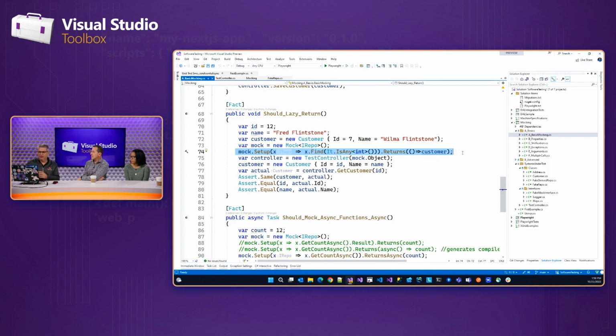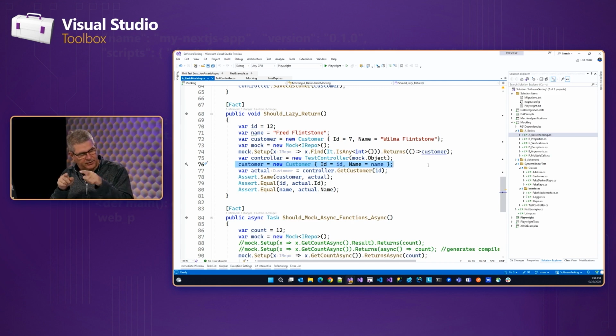So I want to say, hey, I'm going to return this customer, and then it has to be created. So I've created a customer here, but you see here I'm updating the customer, right? And so I have this placeholder on the proxy, but now I'm saying, you know what? That placeholder pointed over here to this other object on the heap, or they changed the values. And then when we call that get customer, which then calls the find method, it returns the new customer. So it's a powerful construct, and I'm sure somebody's going to comment on the show, I haven't found a whole lot of need for it, but it's probably because of how I write my code.